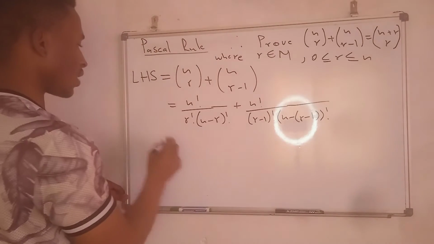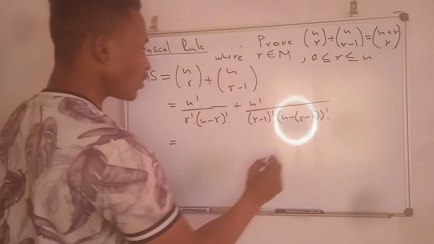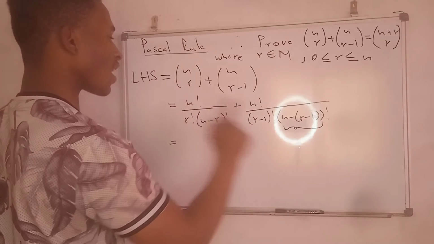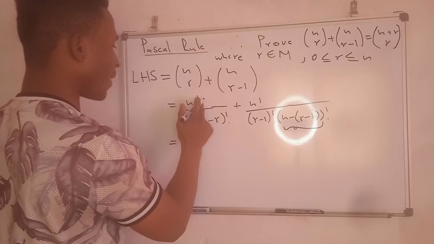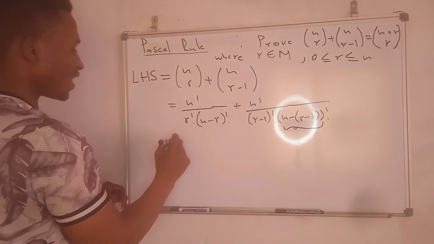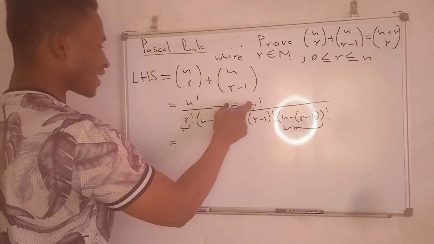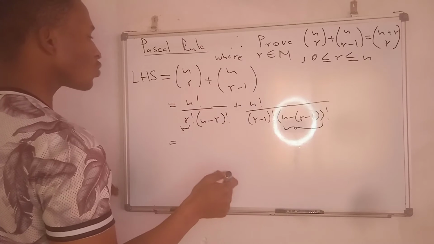So this is what we're going to do. This is the trick. We are going to take this part of the equation, but without the factorial, and multiply it here. And then we are also going to take this part of the equation, which is r, and multiply it there, so that we can have